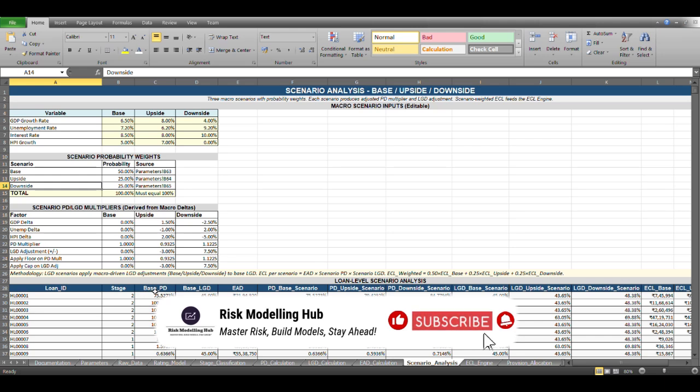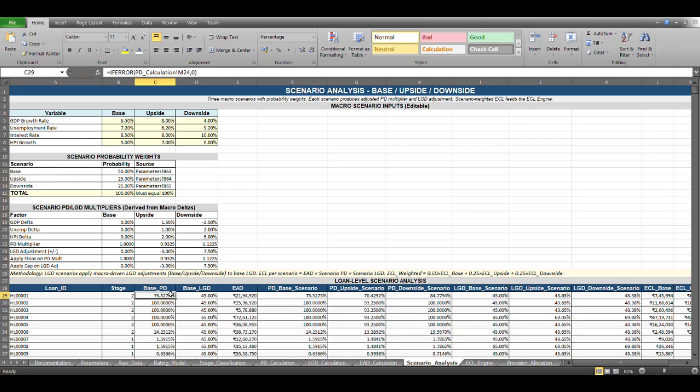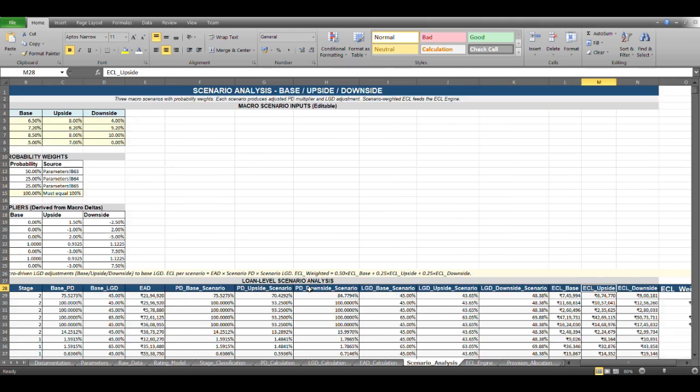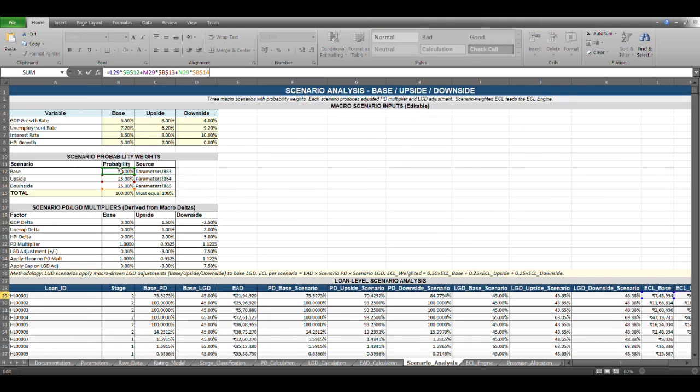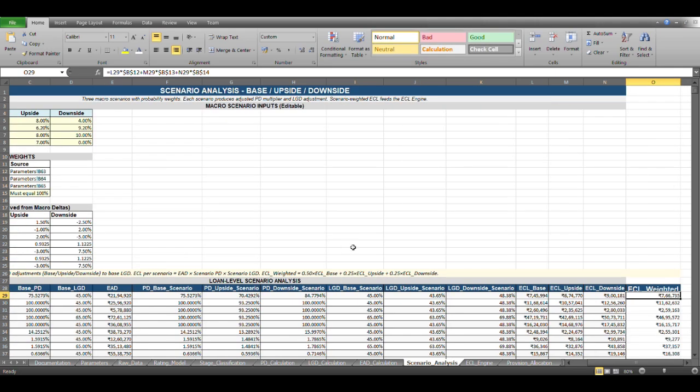So we have our stage allocation. The base PD, the base LGD and EAD are being computed from this, and for each scenario I am computing the LGD and the PD, and then the ECL for the upside, base, and downside, and then the final weighted ECL, where the probability weighting factor is considered for each scenario, so that we can get a weighted average ECL as well, right?